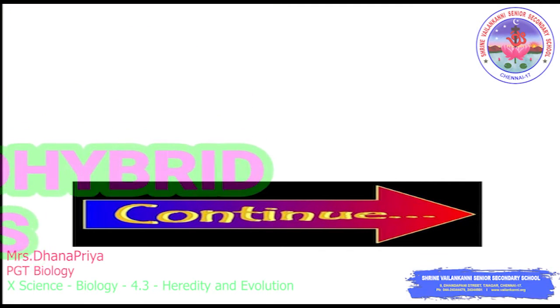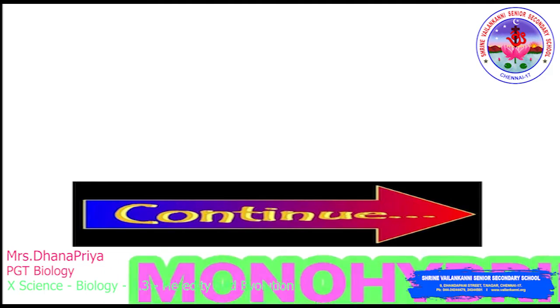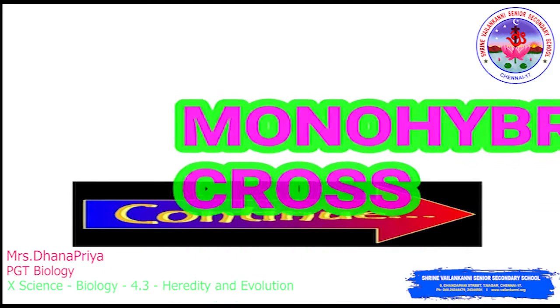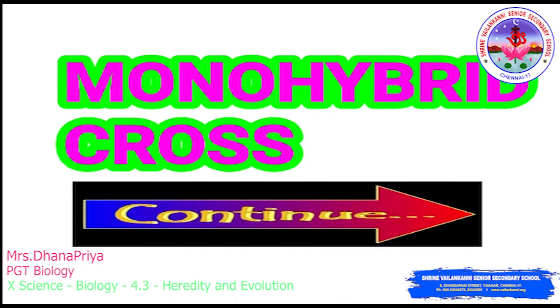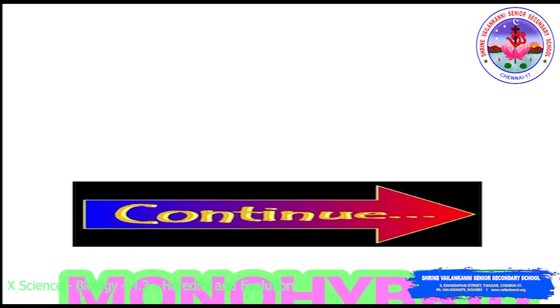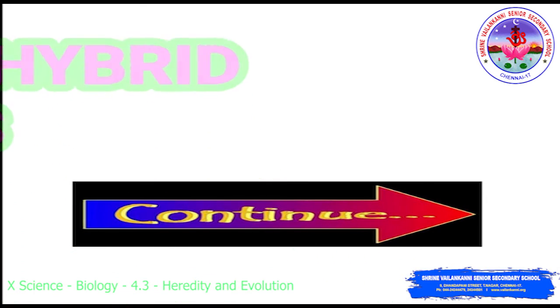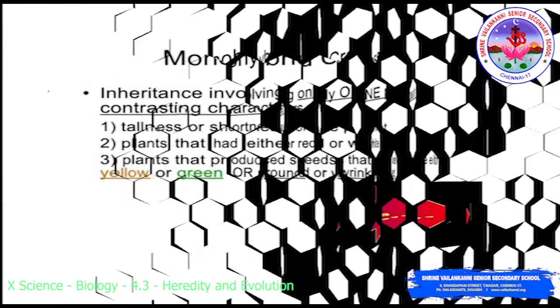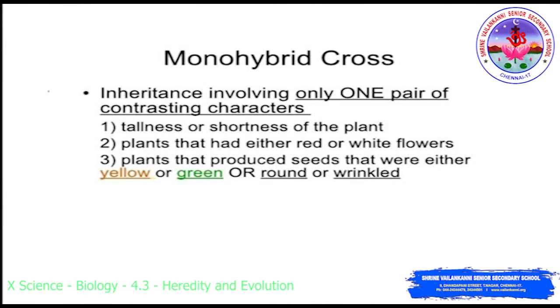Hello students. Last class we discussed the monohybrid cross. A monohybrid cross is a genetic mix between two individuals who have homozygous genotypes, with completely dominant or completely recessive alleles, which result in opposite phenotypes for a certain genetic trait. We discussed this in the previous class. Today we discuss the monohybrid cross, which exhibits one contrasting character.